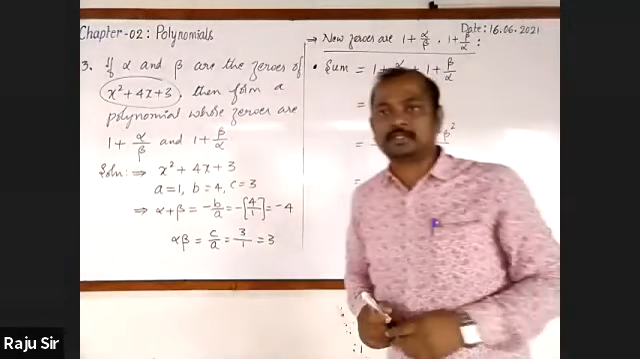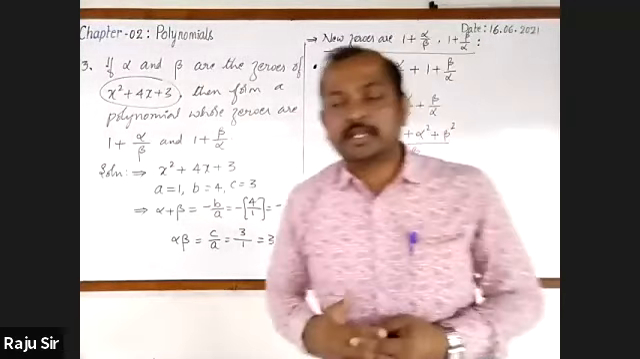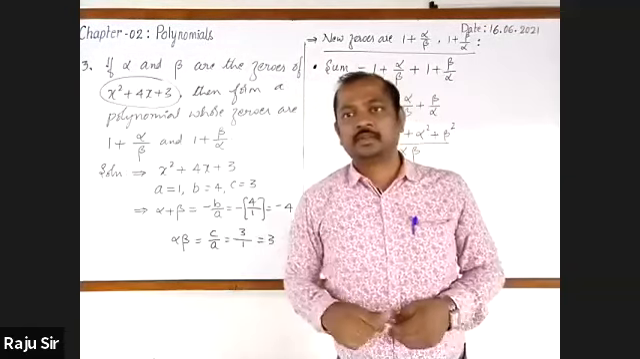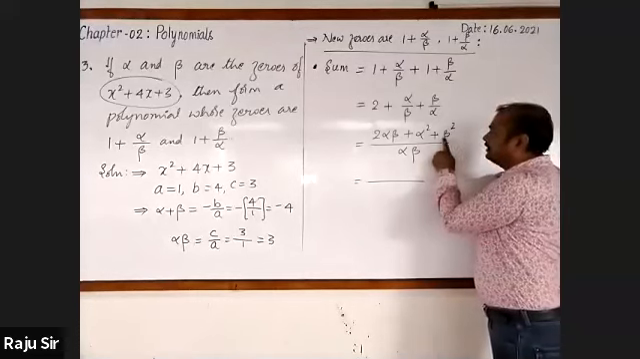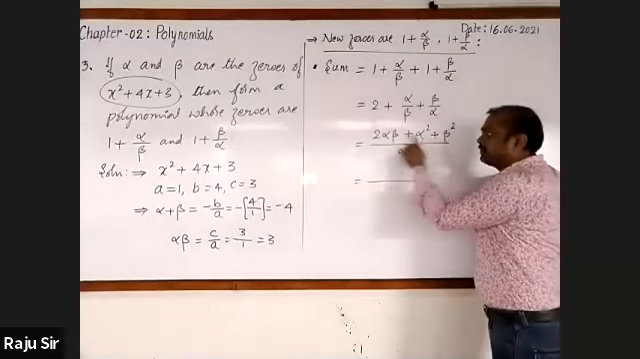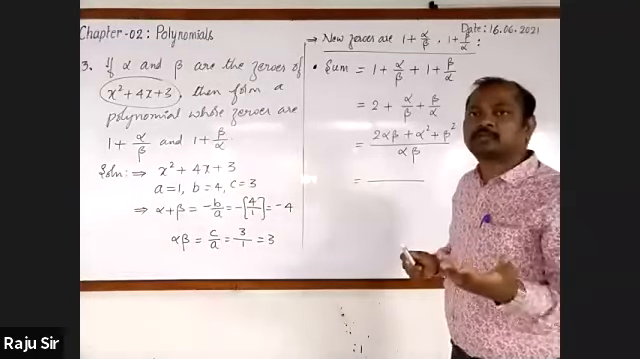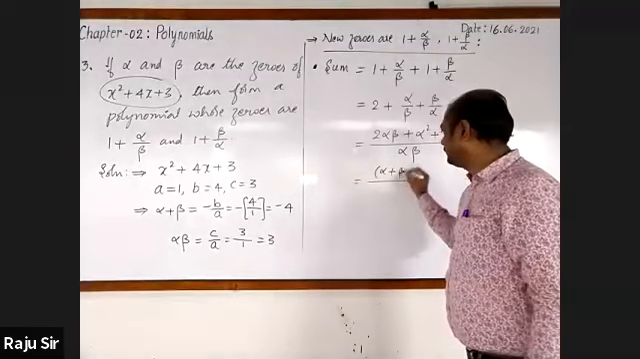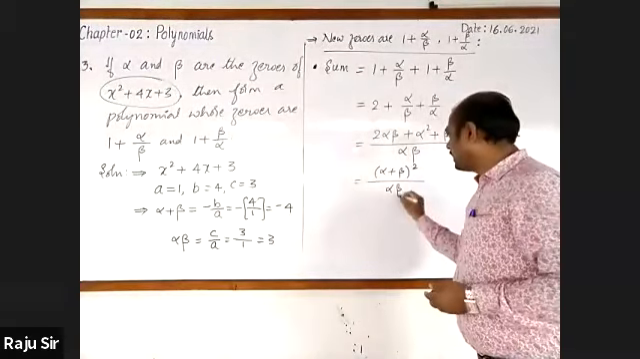In which form it is? Does it in the form of any identity? Yes or no? Yes, it is. Look here, it is in the form of a square plus b square plus 2ab. It can be written as a plus b whole square. So, all right, this is alpha plus beta whole square divided by alpha into beta